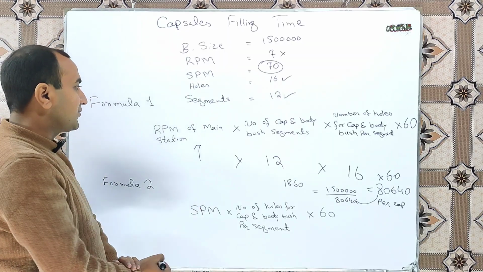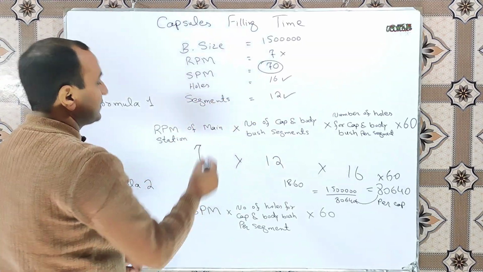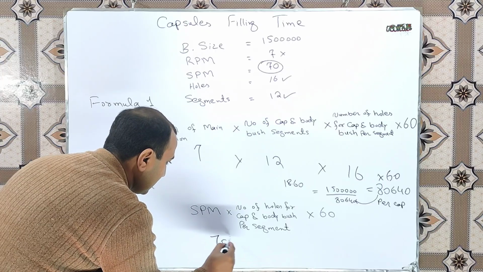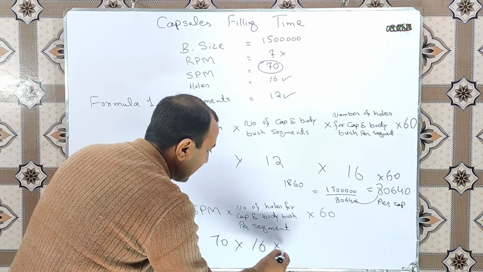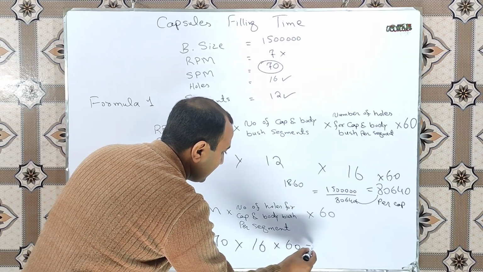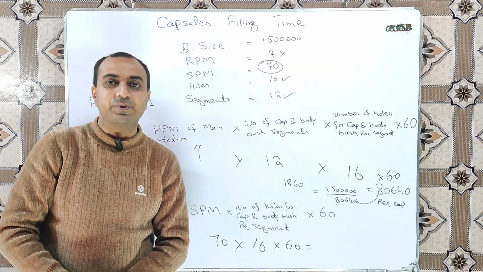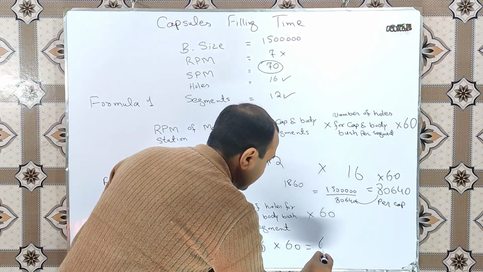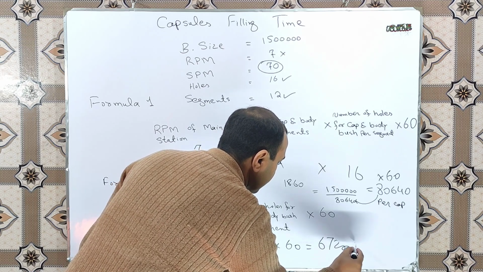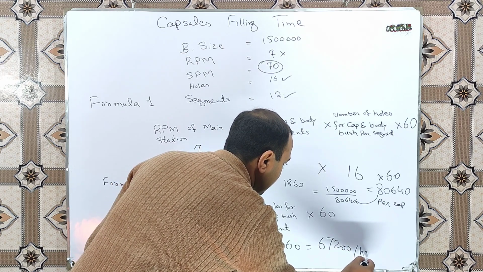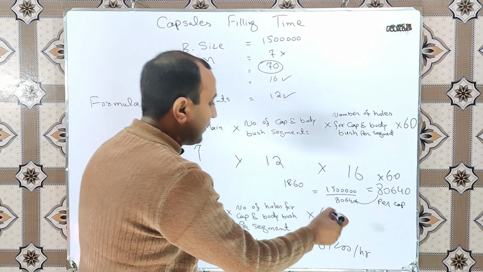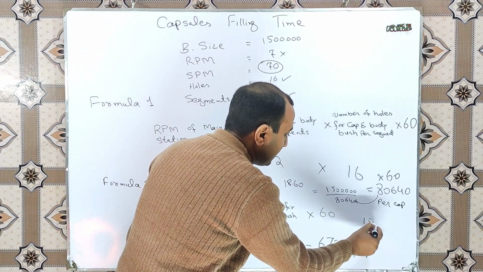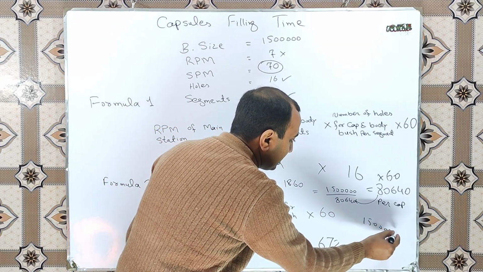For this, we have the SPM, which is 70, multiplied by the number of holes, which is 16, and multiplied by 60, and the answer will be 67,200 capsules per hour. So the time required to fill the 1.5 million capsules, the answer will be